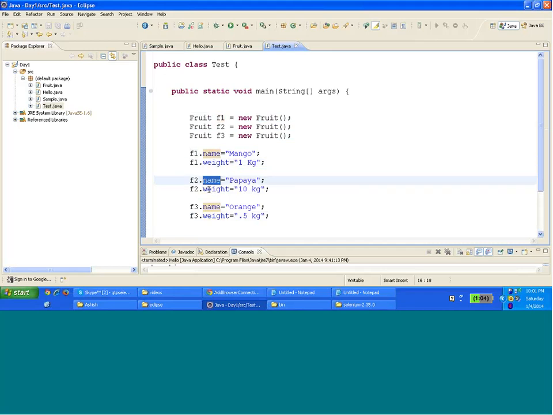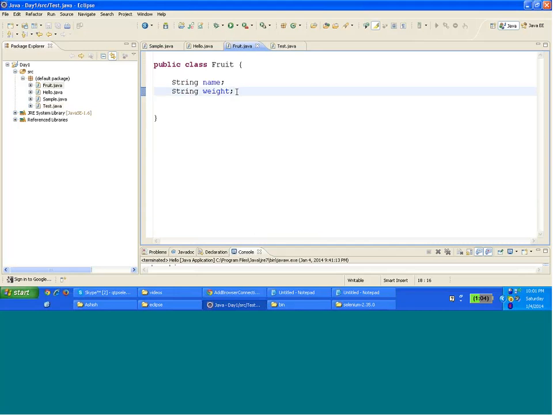Okay. Similarly, in fruit class, if I make a function, say public void print details, and if inside it I write name and